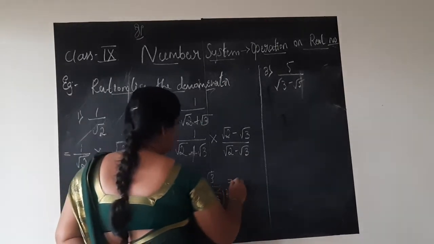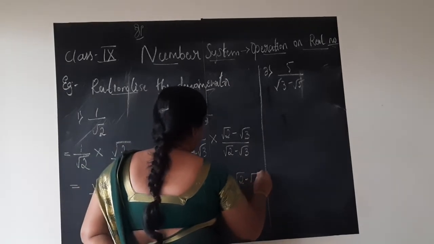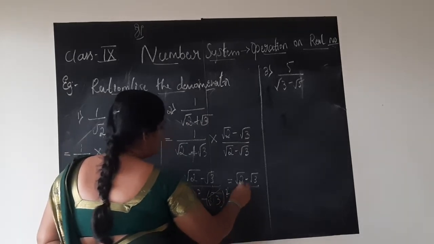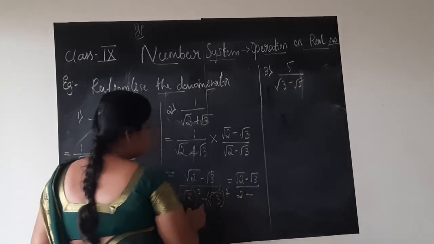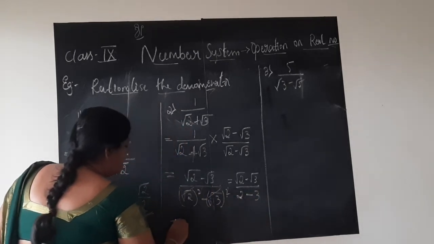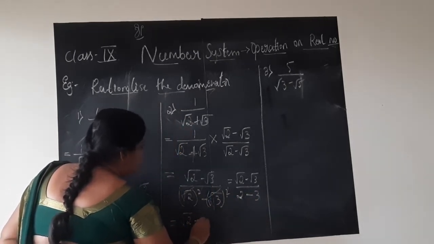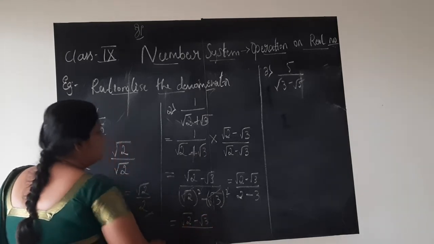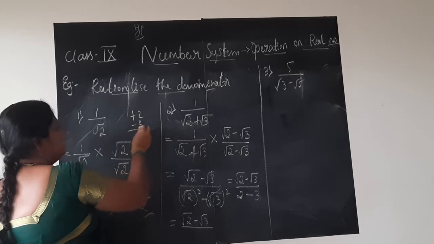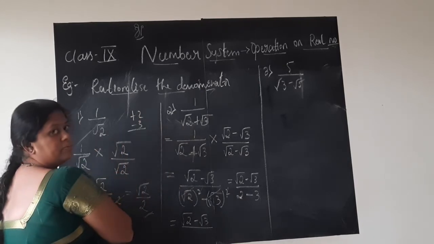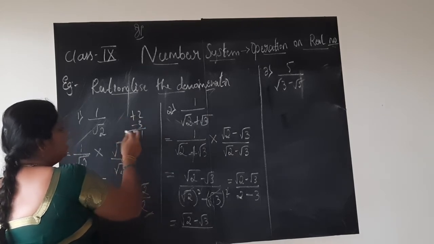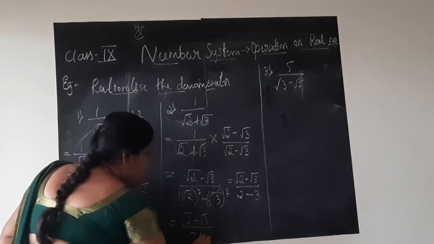The numerator you cannot simplify, write it as it is. Square root 2 minus square root 3 divided by, square root getting cancelled means I am left with 2. Minus sign as it is. Square root getting cancelled means minus 3. Last step is square root 2 minus square root 3 divided by plus 2 minus 3. One number with plus sign, one number with minus sign means you will subtract always. 3 minus 2, 1. 3 is greater than 2, and 3 has the minus sign, so minus 1.